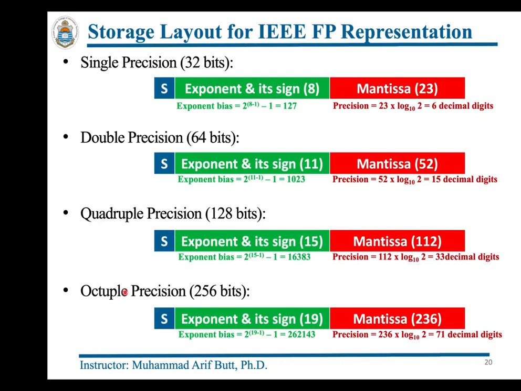Last but not the least, the IEEE 754 standard for single precision, that uses 23 bits for the mantissa, gives a precision of 6 decimal digits, which is far better than the 2 decimal digit precision in case of the 32-bit fixed point representation. So I think we all need to appreciate the designers of the IEEE 754 format who made it happen.